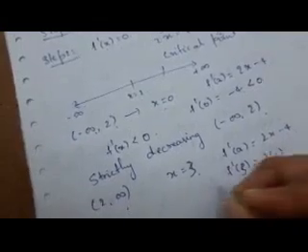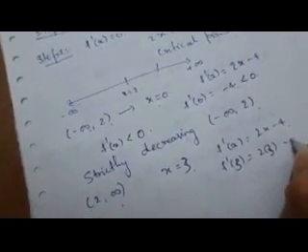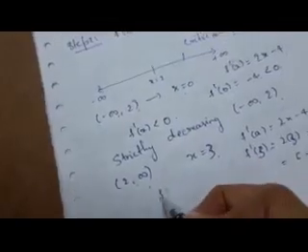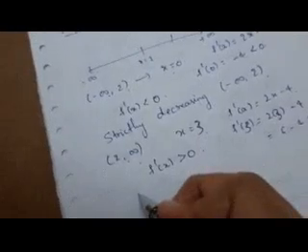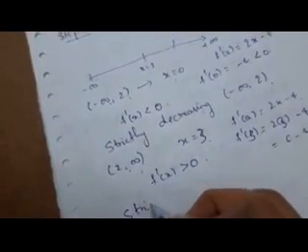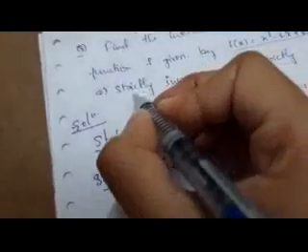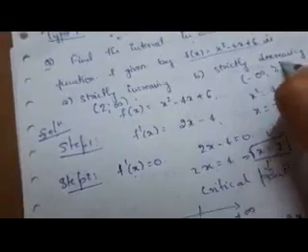So what happens? f dash of 3 is equal to 2 into 3 minus 4. 3 2s are 6 minus 4. It is equal to 2. What did we get? We got f dash of x is equal to 2, which is greater than 0. So when I am taking any point in this interval, that is 2 to infinity, we are going to get f dash of x strictly greater than 0. When f dash of x is strictly greater than 0, the function is strictly increasing. So the interval in which the function is strictly increasing is 2 to infinity. Strictly decreasing is minus infinity to 2.